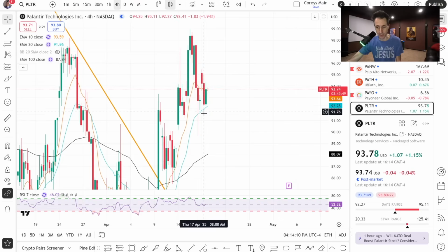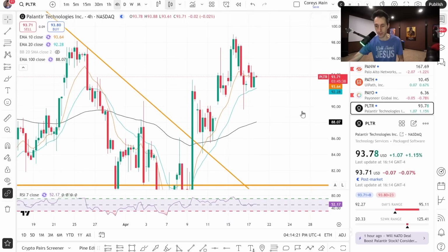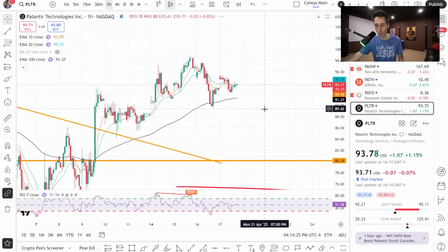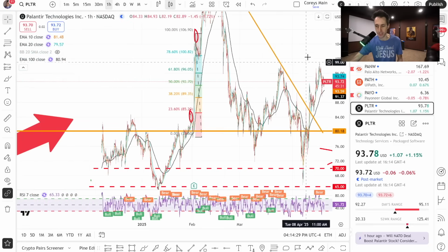10 is above the 20 and they're both above the 100. We can see though that everything looks good. So if Palantir can stay above $91 or $92, then we are continuing on the uptrend above the 100-day moving average. When we look at this stock right now, we have to gauge the price action of the stock,